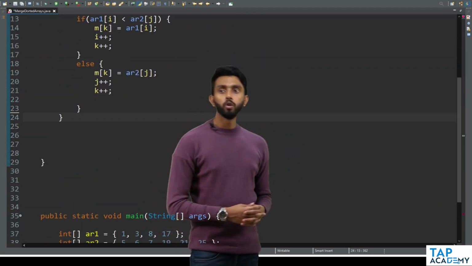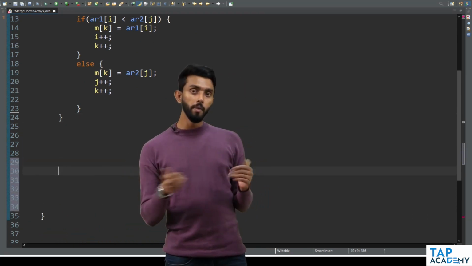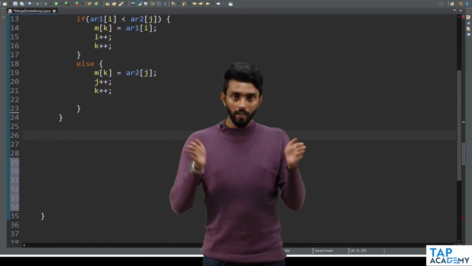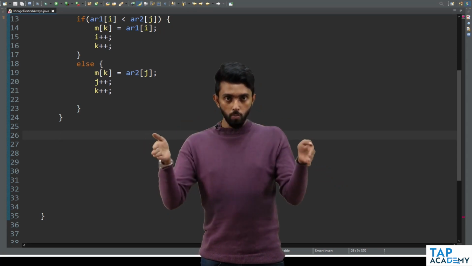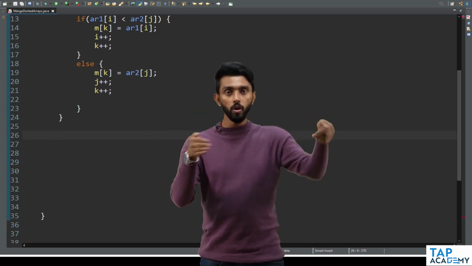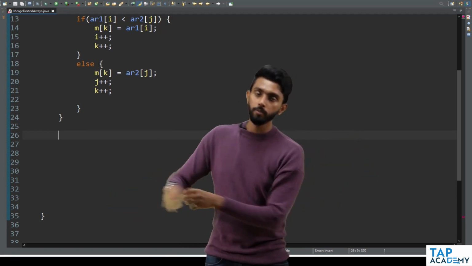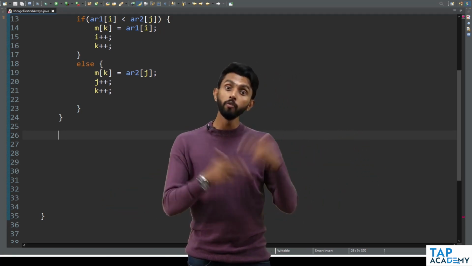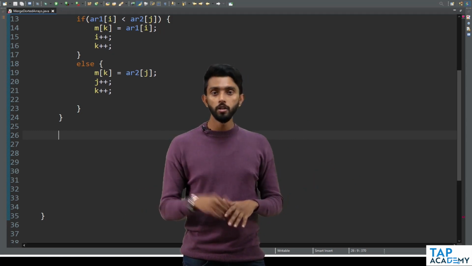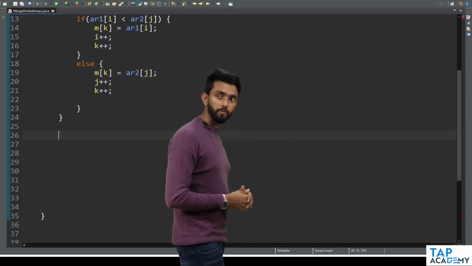If I come out of this loop, maybe the sizes of the arrays are unequal. Maybe the smaller array went outside its boundary, so I came out. Now the larger array's elements are still pending, and I should put them in. But I don't know which is the larger array, could be i, could be j. So what I'll do is check while